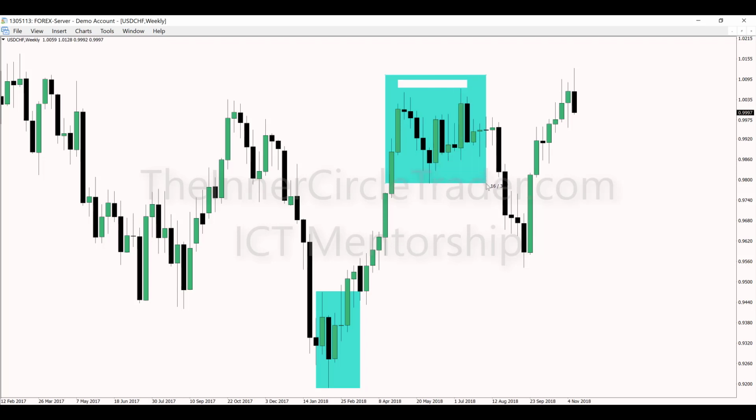Okay, and above this consolidation we have that liquidity pool in the form of buy stops. And here's our consolidation here. It leaves consolidation, comes back. This is our reaccumulation, rallies on up, runs out the buy stops above this high here, creates equal highs,